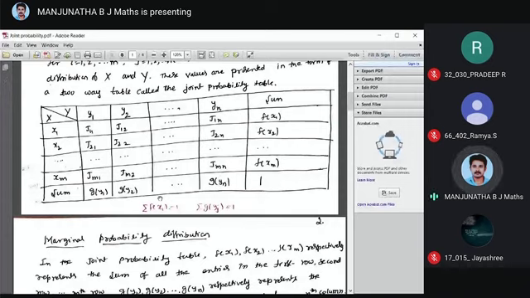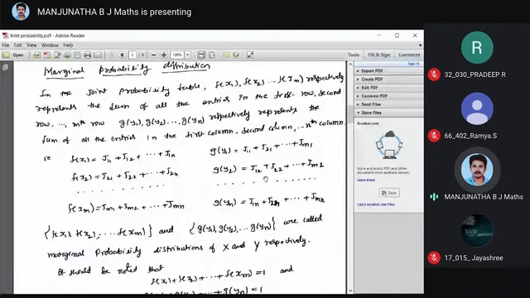You may have g of yj equal to the joint probability. f of x1, f of x2, up to f of xm respectively represent the sum of all the entries in the first row, second row, up to the mth row, and g of y1, g of y2, etc., g of yn respectively represent the sum of all the entries in the first column, second column, up to the nth column. Therefore, what is your f of x1?